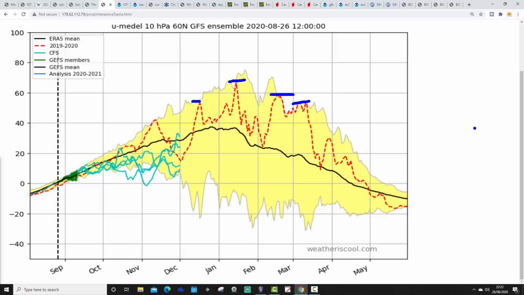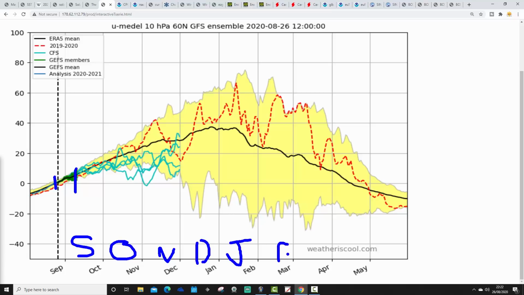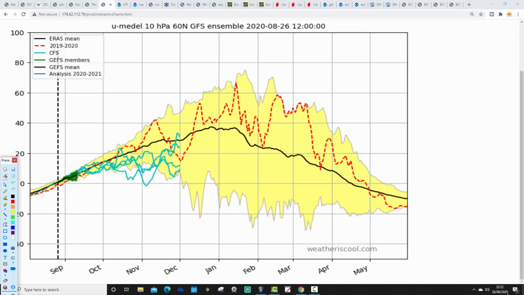This is from weatheriscool.com, and this season we're just here, so with our zonal wind right now, we're very close to average. But what is CFSv2 going to be forecasting for the zonal winds as we go on, through September, October, November, and then into December, January and February? What will these blue-coloured lines be doing? At the moment, that's indicating a rather weaker than average zonal wind through the autumn anyway,